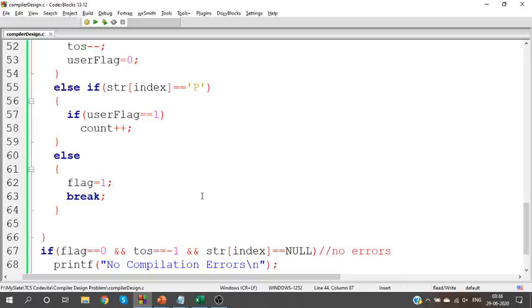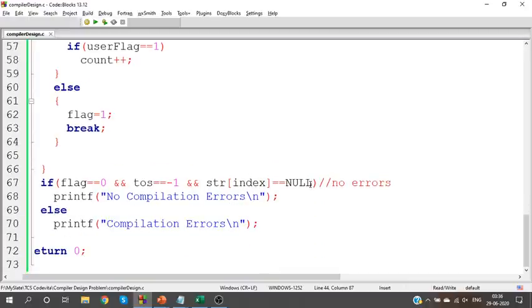If having a main is compulsory, then add the condition that the main flag should be equal to 1. Okay, you should have at least one main. If you don't have one main, then it is also going to throw errors. But it is purely dependent on the question. Look at the question. Based on it, you can finalize. Clear? Okay. So that's it. We have completed the problem. Thank you.